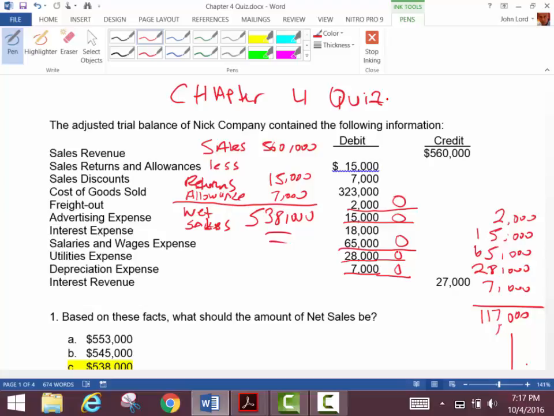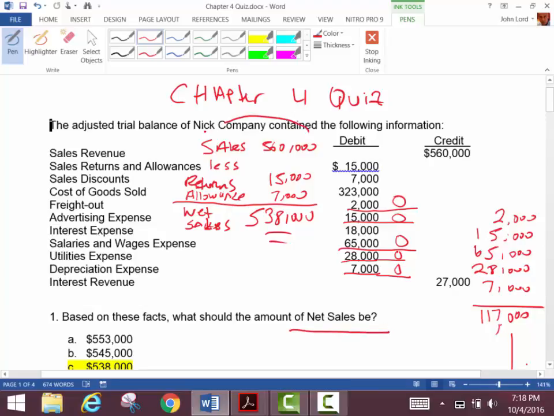Remember, all we do with the trial balance is, after we've made all of our journal entries for the year, we just make sure our debits and credits balance, right? Okay. And so just taking a look, you can see that sales is a credit. All these expenses, including the sales returns, allowances, etc., are debits. And then the question asks us, what is the net sales?